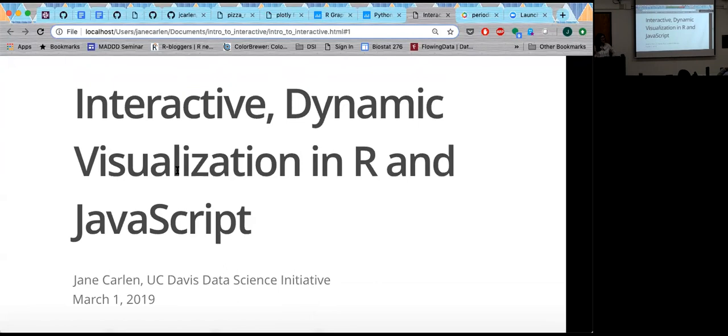Out of curiosity, who here uses R regularly? Okay, and who uses ggplot regularly or is somewhat familiar? Okay, great. And who here already does interactive plotting in R? Okay, so less people. Great, that's perfect. You're the perfect audience for this. Like I said, it's R heavy, it's ggplot heavy, and that's just because I looked